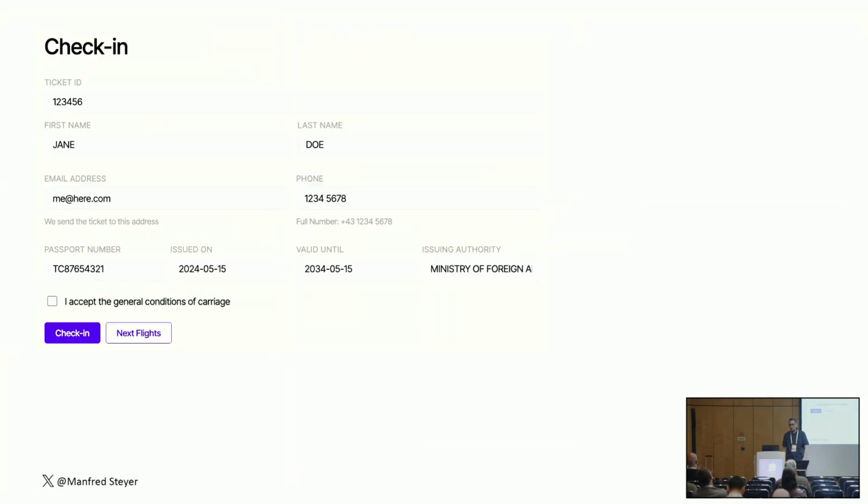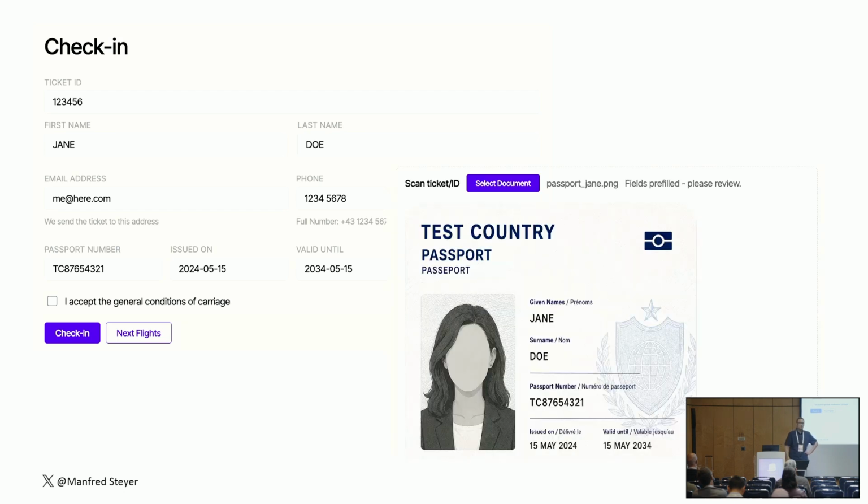Another possibility would be to upload a document. Here a passport, but it also could be, let's say, an invoice or some other document, and then some processes are triggered. Here we are pre-filling the form. In other situations, you might trigger your payment process. Is the invoice justified? Do we have to pay it? When do we have to pay it? Is it correct? And so on and so forth.